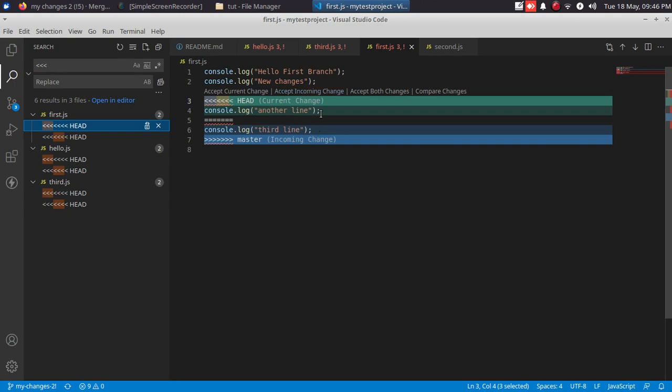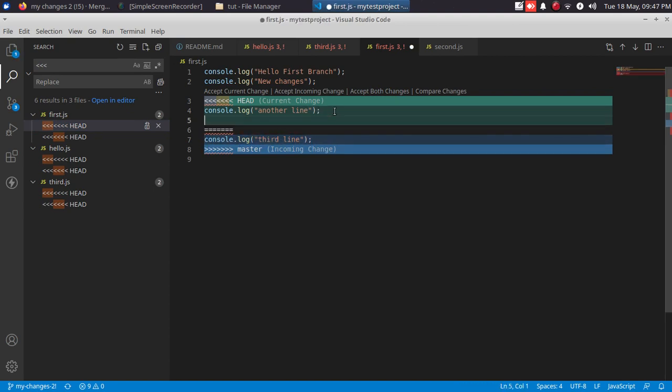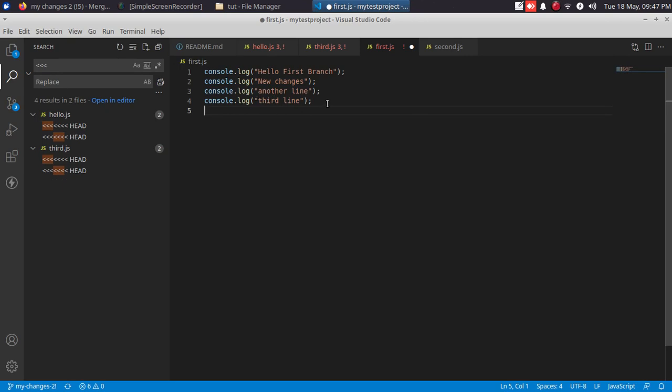Consider in this first case I need both of these changes from the previous merge and from the current merge. So I'm just copying this change and pasting it into the accept current change place. So if I give accept current change, both of the changes will be accepted.